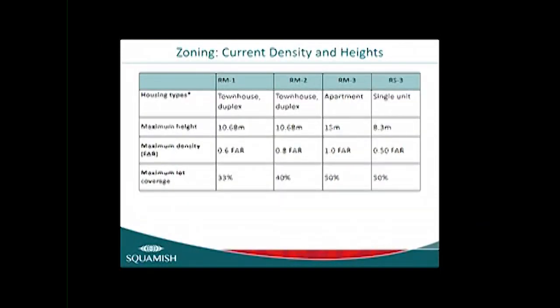So just quickly looking at the density and heights, in that RM1 zone, which is probably what we're focusing on, it's a fairly low density of 0.6 floor area ratio. It's a notch above single family, and especially as the district gets into additional units in your single family neighborhood, like laneway houses and so on, that 0.6 looks low, and most of the developers who've submitted pre-applications are looking for something beyond that. The RM2 zone at 0.8 and the RM3 zone, the apartment zone, is at